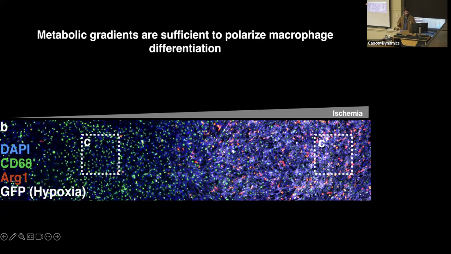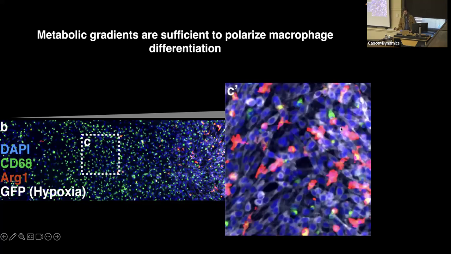So we can co-culture macrophages with tumor cells. These macrophages are stained with CD68. They almost never express arginase-1. You see one there, here, and another one there, and another one there. But as you move into these more nutrient-deprived regions, you see that virtually 100% of the macrophages switch to this specific phenotype. And at that time, people were surprised,